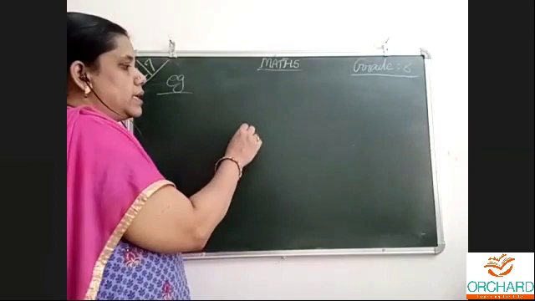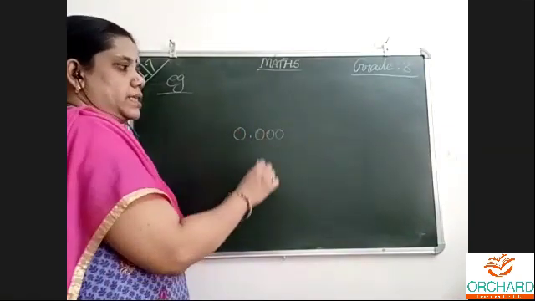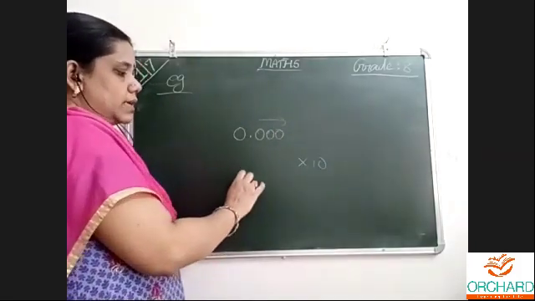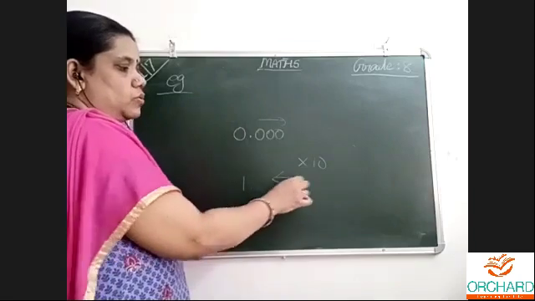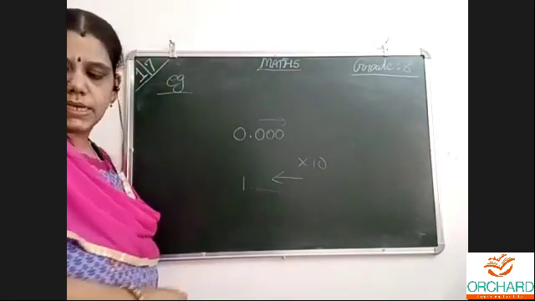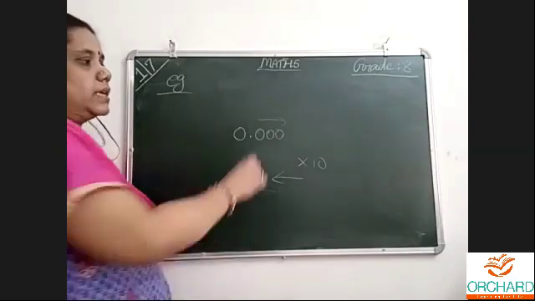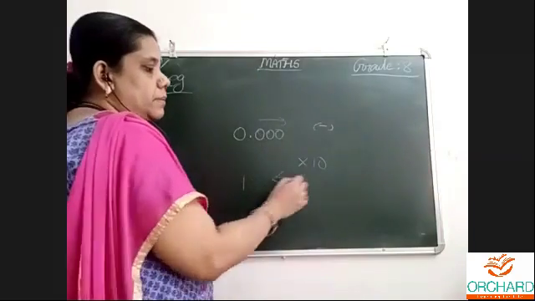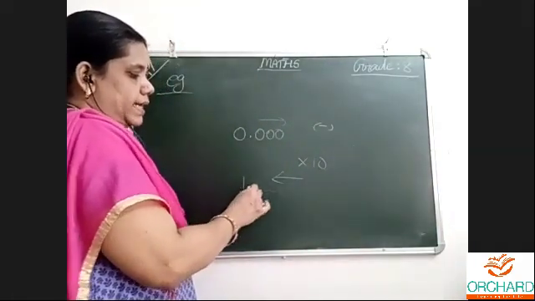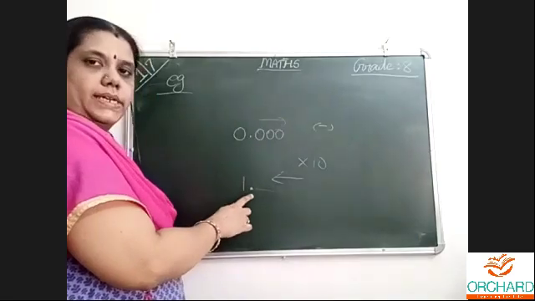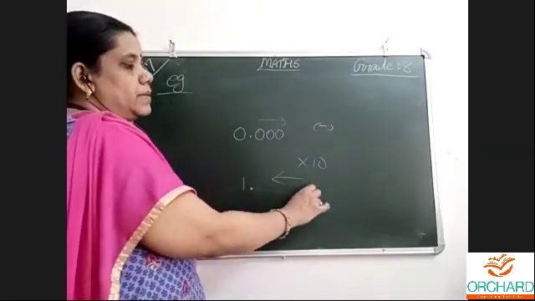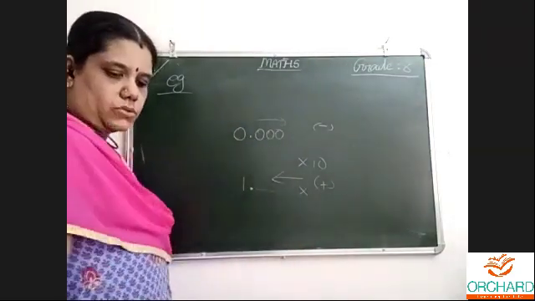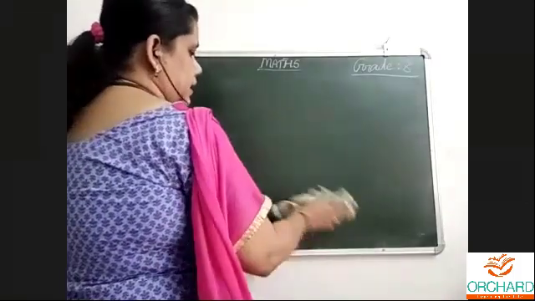And I told you how, when the numbers are 0, 0, 0 like this, and we move towards that side, how the thing will be, or when the numbers are 1 point something and we move towards this side, how it will be. We saw all that yesterday. When we move this side, the power is negative, 10 to the power of negative. When we move from that side to this side, leaving one integer and keeping a point, the powers will be positive. These and all we will see today in the example sums as well as the exercise sums.